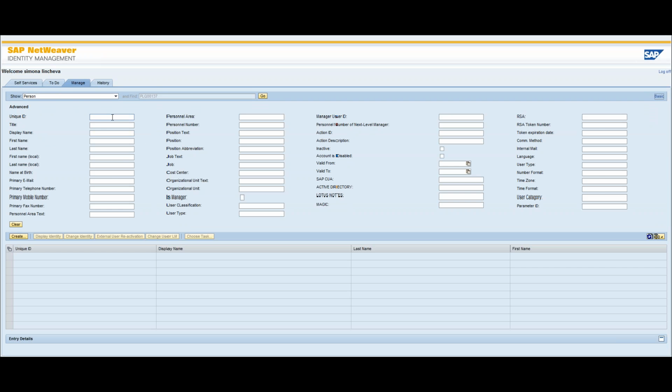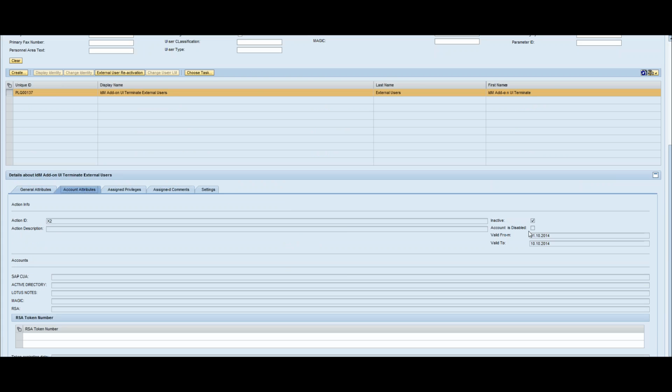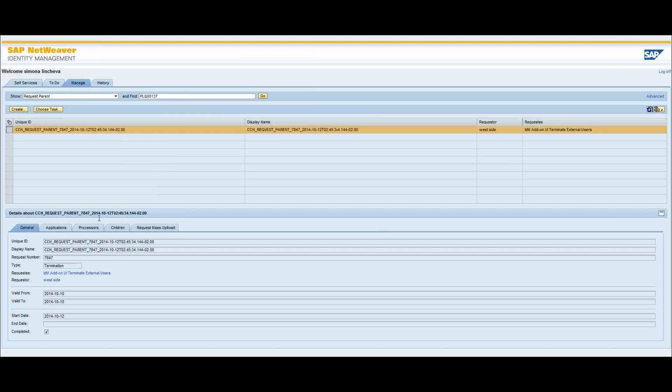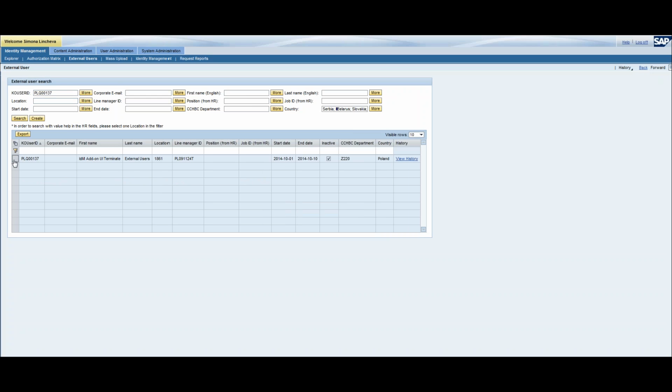Now you can see in the standard IDM UI, the user is no longer available from the basic search. We can extend the search and search for inactive users. So also we have auditing information about each change we made from this UI.